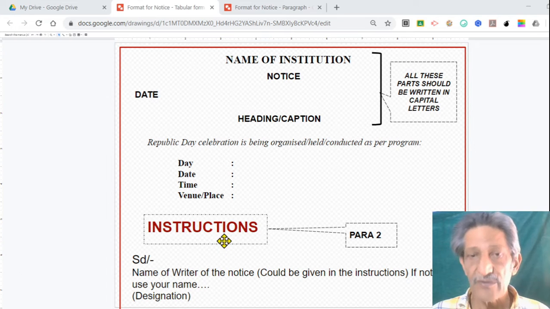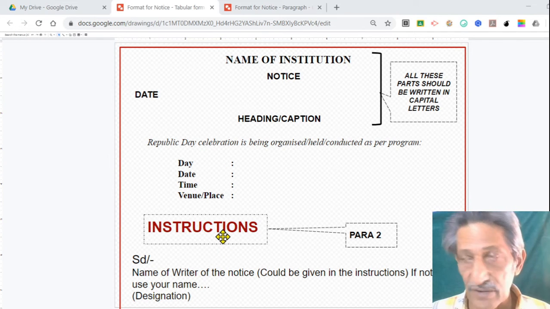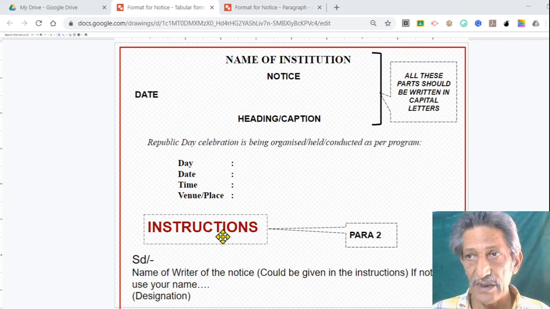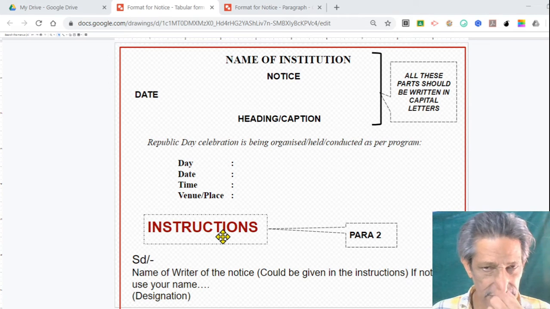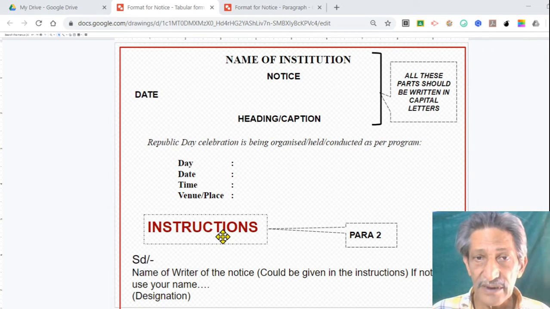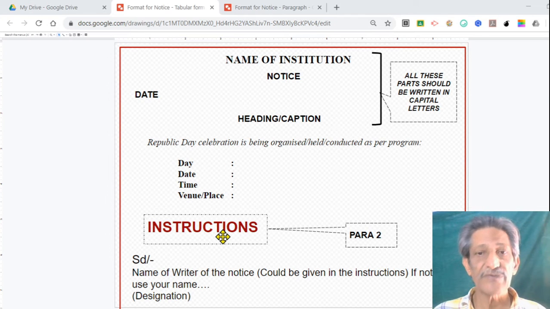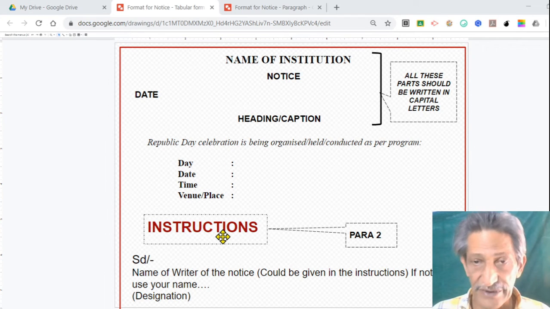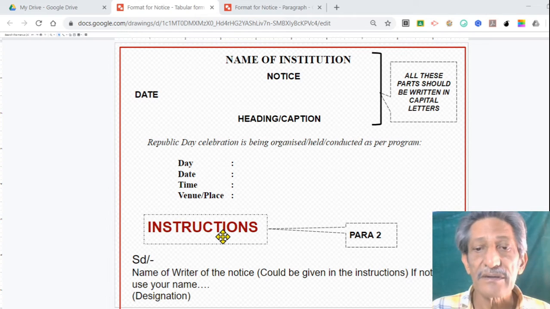And the last paragraph will remain the same as in the earlier paragraph form of notice. The instructions, as usual, will contain whatever information or advice you want to give. The basic thing here is, if you look at the way you have been writing earlier, we always begin our